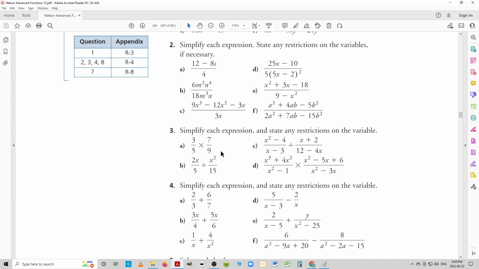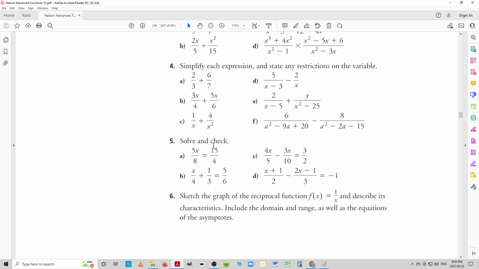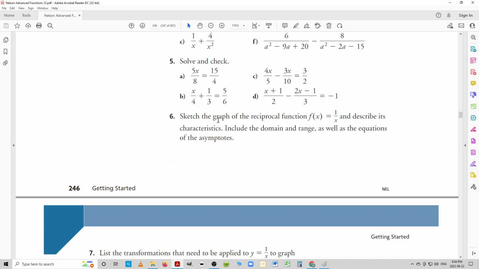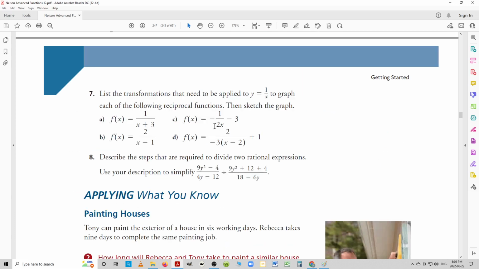You have to revisit all your rules for multiplying polynomials. And most of all, you have to figure out the restrictions. And restrictions happen before cancellations. Solve and check, state the graph of this, note the reciprocal, so understand the parent graph above all else. And then they want you to list the transformations to happen to these parent graphs, and that takes a little